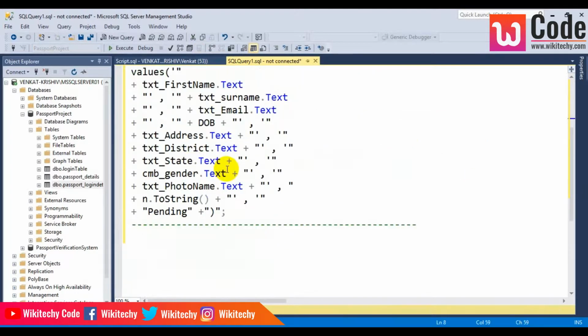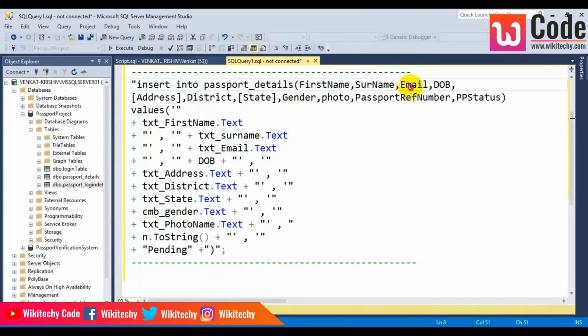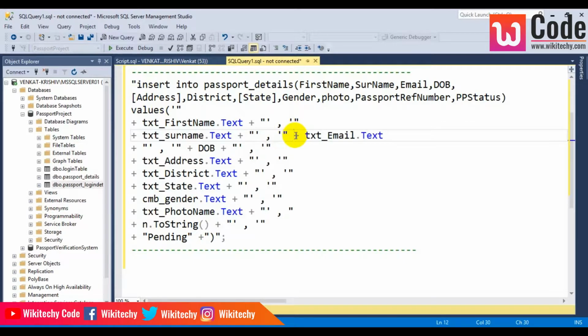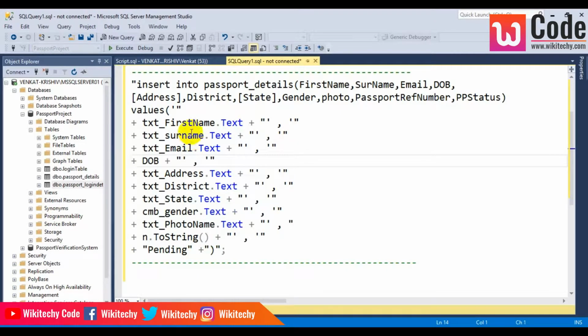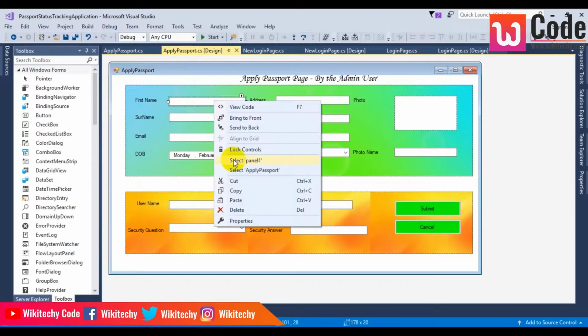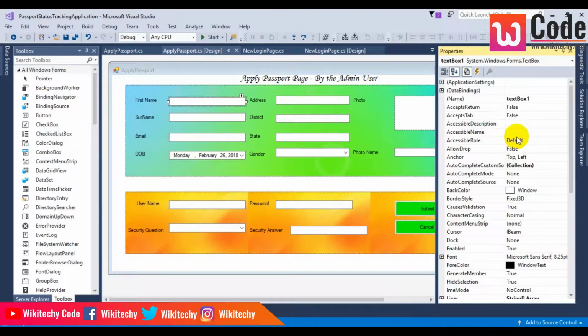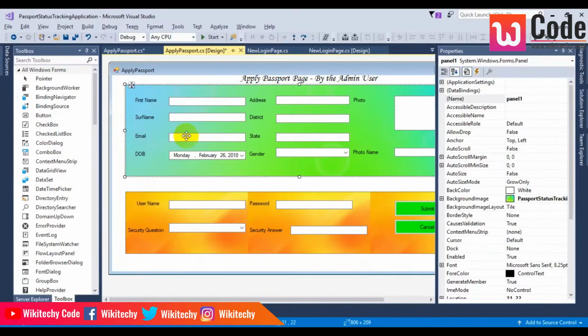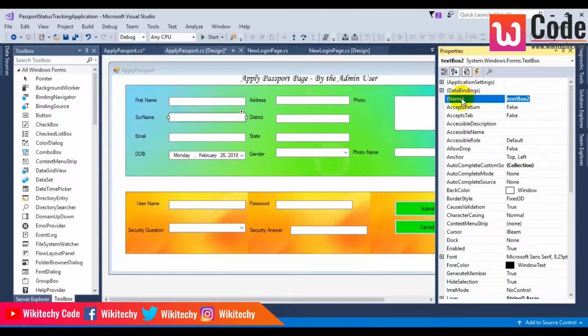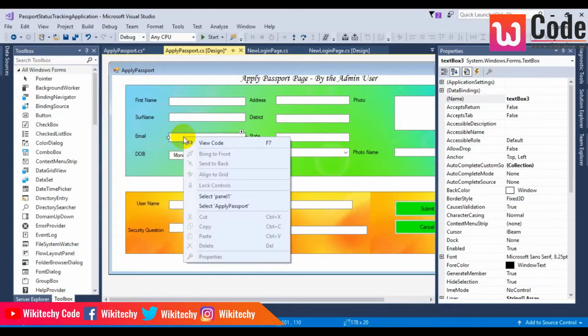Over here, insert into passport details. First name, surname, email, date of birth, address, district, state, gender, everything is here. So this is the query. The first one is a text first name. So the text box name should be text first name and text surname, text underscore email,